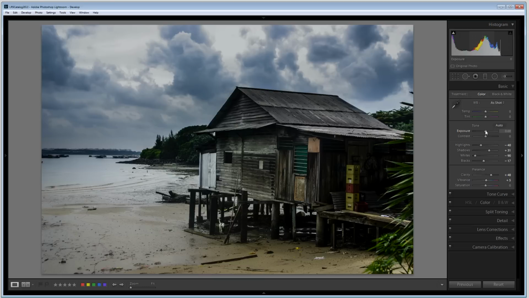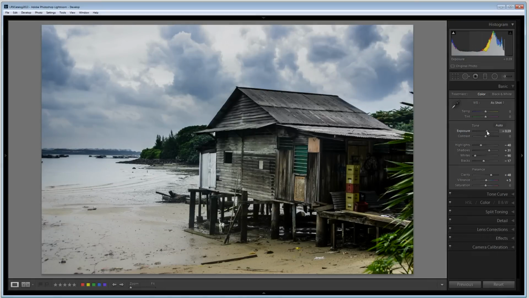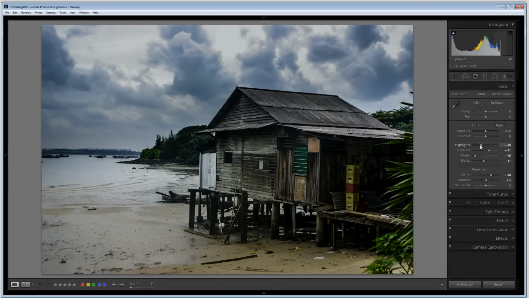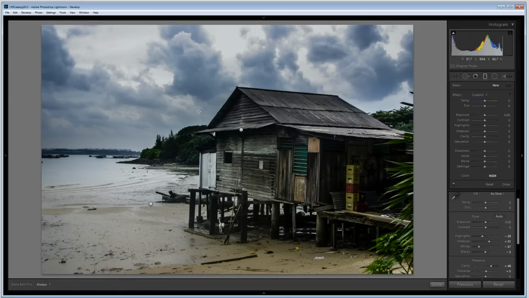So I might be having a look at this point and saying, well, what do I really want to do with this image? Can I get a little bit more detail here? Do I want to perhaps not take the highlights down quite so much, perhaps pump up the whites a little bit more? And if I want to, it's also possible for me to add a second graduated filter. So let's go and get the graduated filter again, and let's bring a second one of these in,